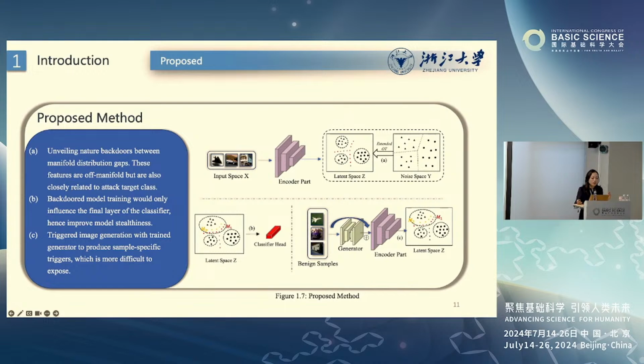So between the distribution gaps. So these features also closely related to the backdoor model should only which the model identifier and with trained generator triggers, which is more difficult. Each image will be very defined by the